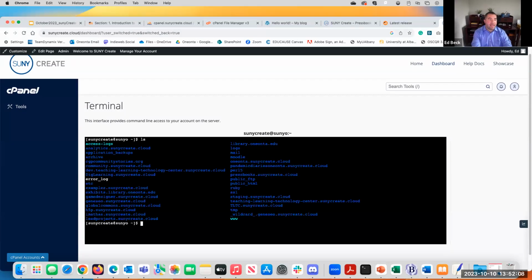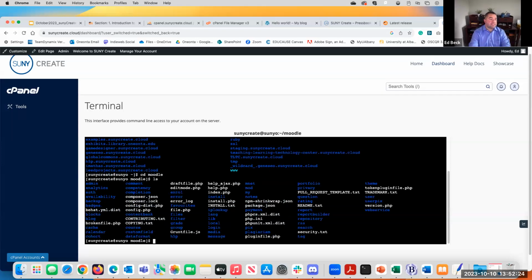So they would type ls, and they would see all of the different folders that are in this directory that I'm in. And they would change directory. I want to go to the Moodle directory. And you can see all the files by pressing ls again that make up my Moodle installation that I showed you. That's right at